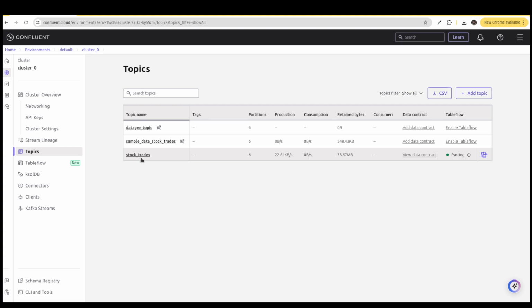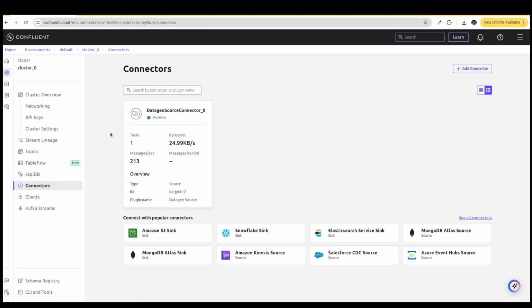Now what I want to do is connect data to start being sent into that topic, and I can use one of the connectors that are available in Confluent to do that. What I'm using is a connector called DataGen, which generates some sample data. But bottom line is you may want to generate data that's closer to your specific schema